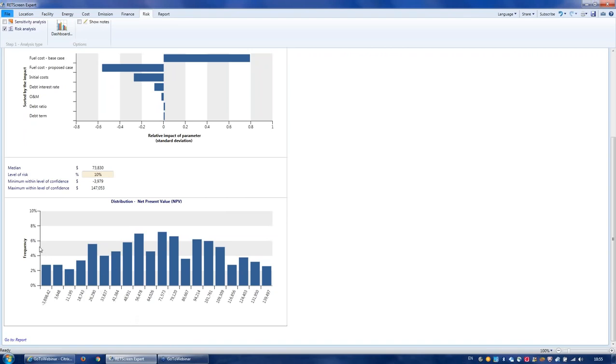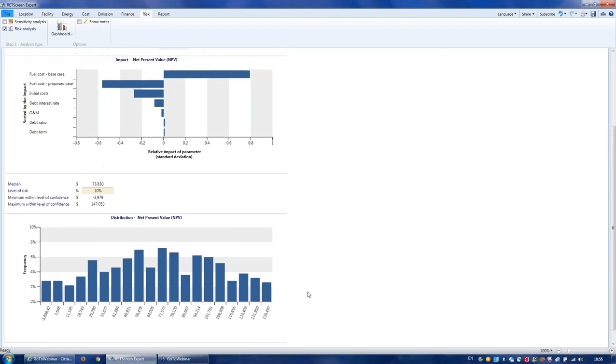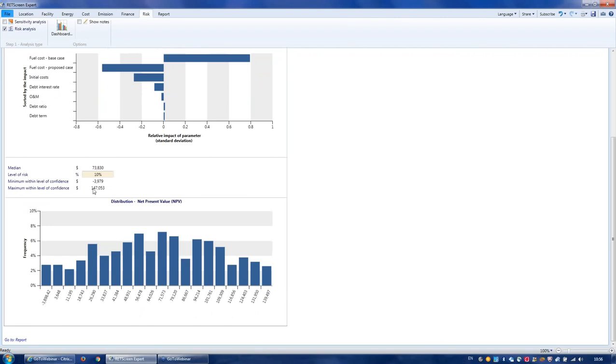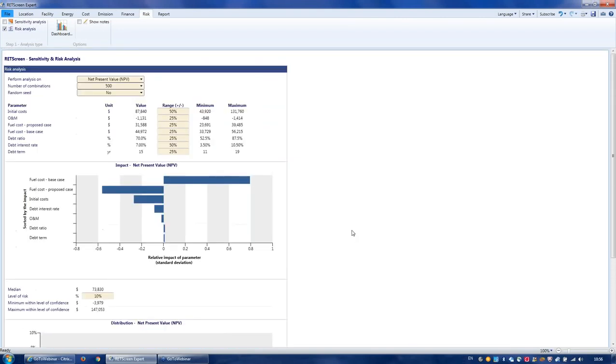And in this case, this project, it's only one case at the extreme left of the probability distribution where there's potential for a negative net present value. So this has actually run the model 500 times and come up with these possible scenarios for net present value. So from a risk perspective, this would look like a very stable project. Okay,